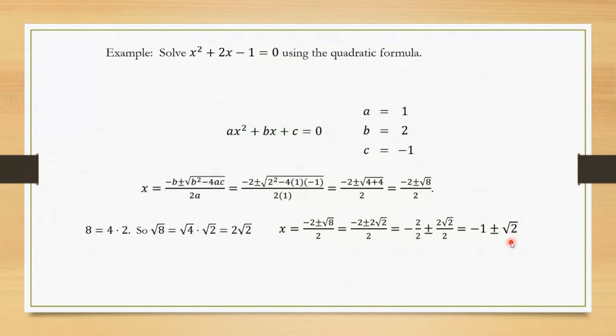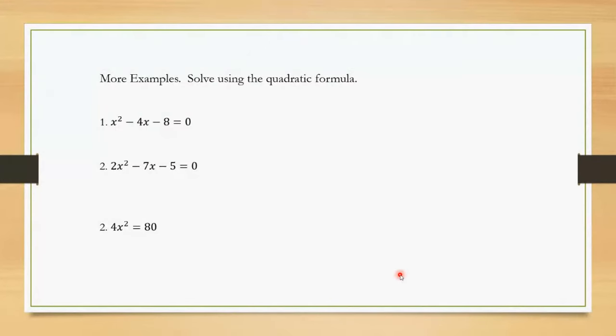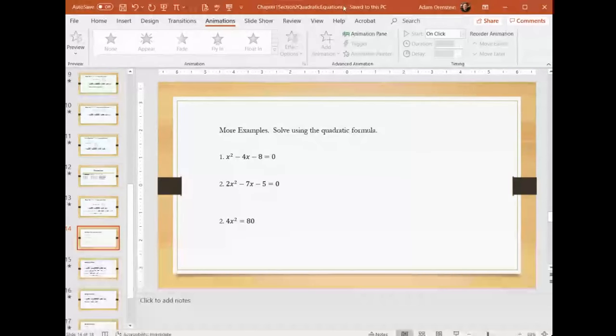All right. So we get our 2 solutions here: -1 plus the square root of 2 and -1 minus the square root of 2. So that's what we get. That's good. All right, now, let me pause this, because now what I want to do is I like to give examples for everyone to